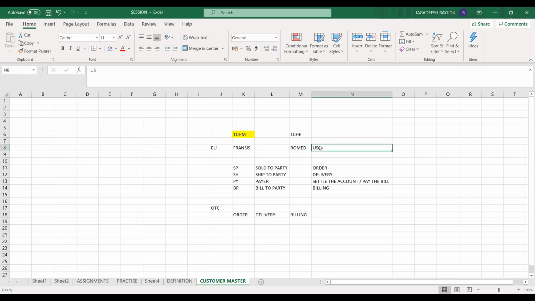For example, from the US, he will use the export sales organization to fulfill his order requirements. For creating Francis or Romad, the customer number will generally be numeric. Sometimes it will be alphabetical characters, sometimes alphanumeric. It all depends on your client requirements.